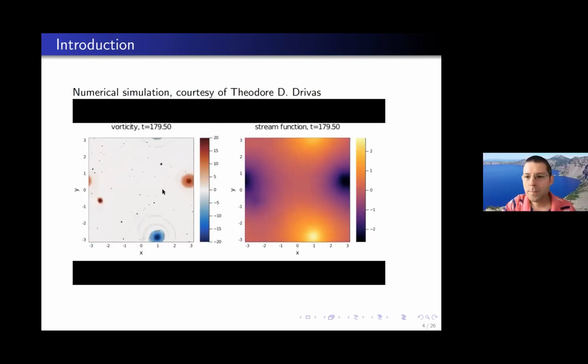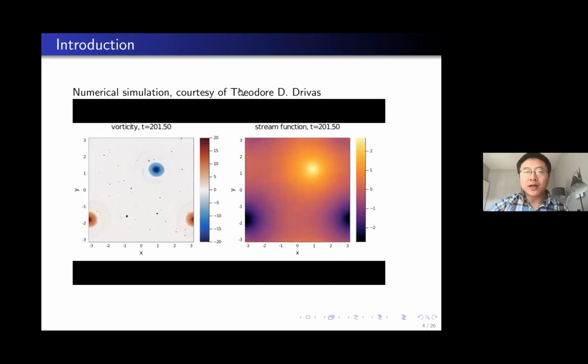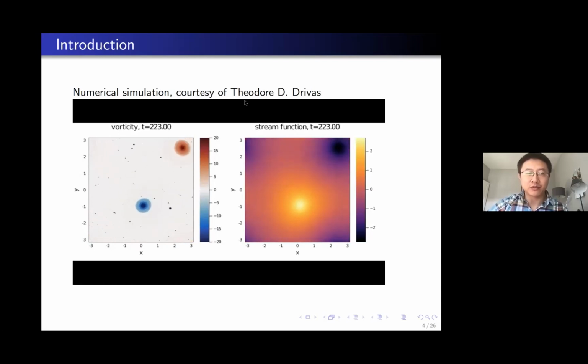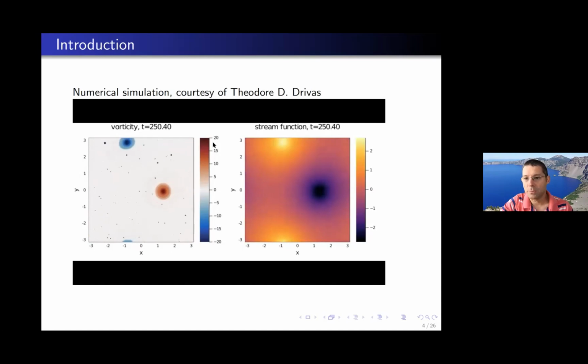Can I ask a question? Sure. You say that this simulation is for slightly viscous fluids, right? Well, you have to ask Theo, but he told me actually it's for 2D Euler, but the numeric scheme could incidentally introduce some small artificial viscosity. I see. So basically the idea is that when the viscosity is small enough, the video looks the same, independent more or less of the viscosity. So basically it works for Euler. Is that correct?